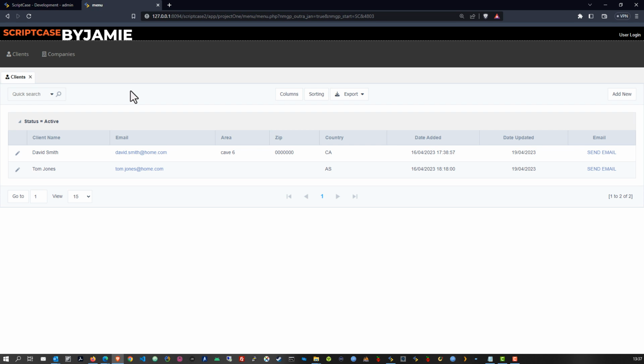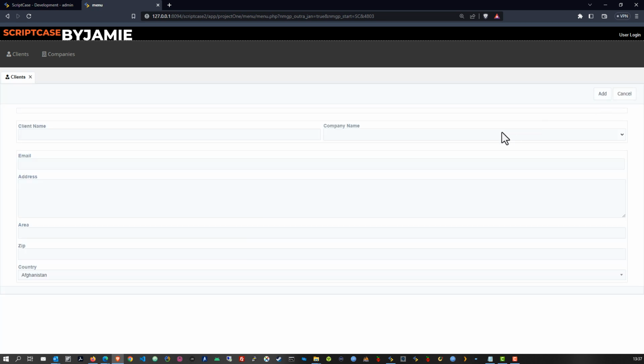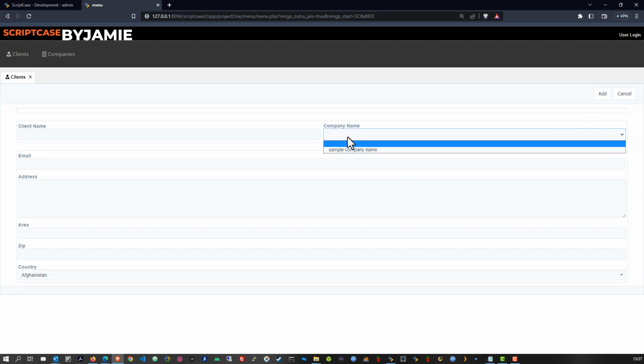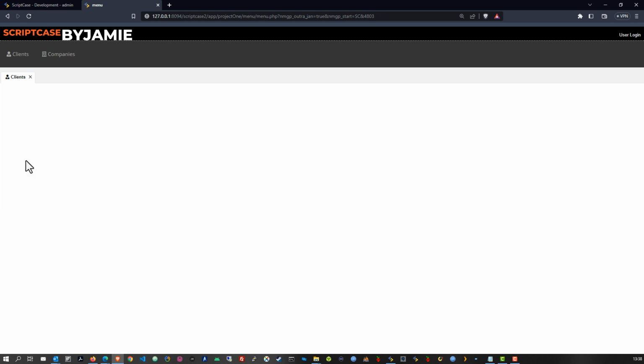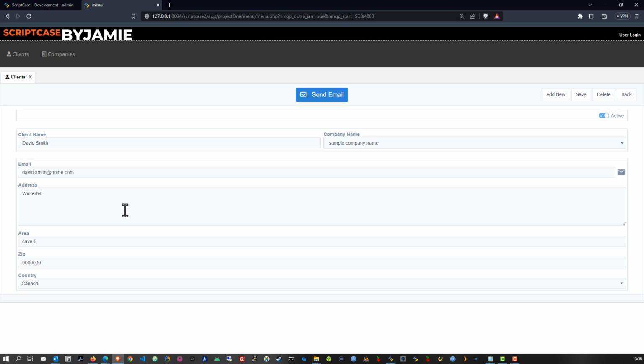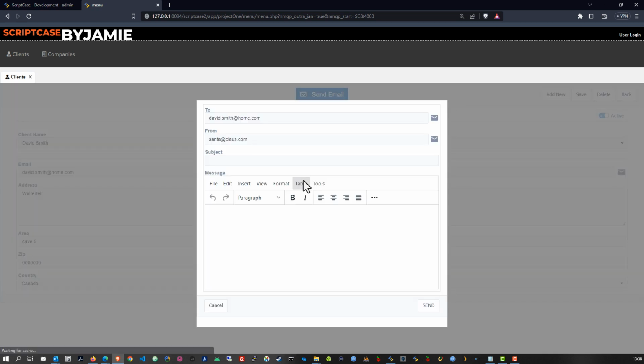We had added a header with our logo and some information. We have here our first grid application for our clients, and here we're able to add new clients, choose a company or associate them with a company, so we can add then the client information, or of course we could go ahead and edit the client and send them also an email. So we can send our clients emails directly from the platform, and we have here the client information all added. So this is already the start of our